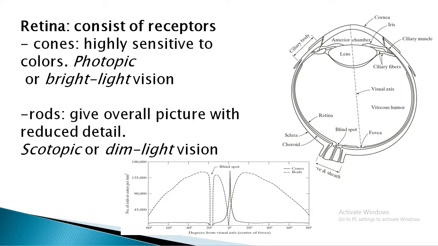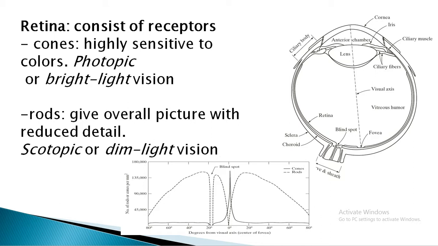Apart from the retina, you also have cones and rods, which we'll be seeing here. These cones and rods are another major part of your human eye. The cones number somewhere around 6 to 7 million, and they are located near the fovea, here in this region, and they are the ones which tell you the color of the image or the color of the object.